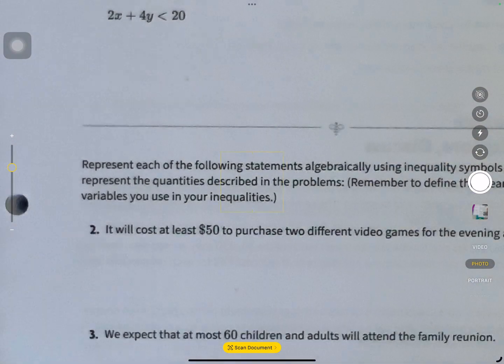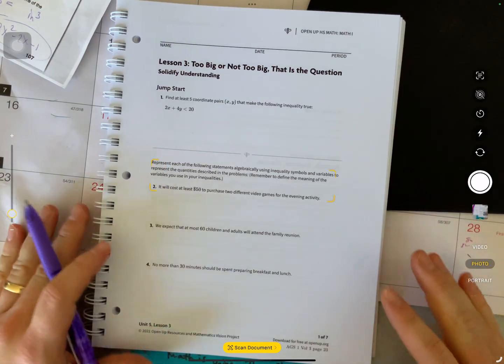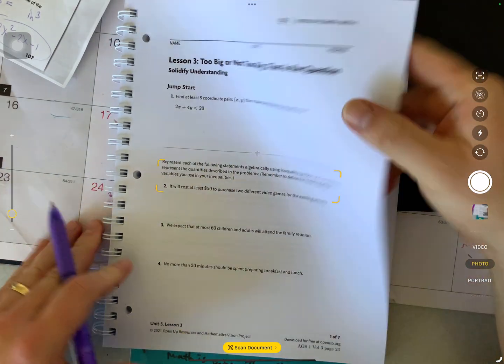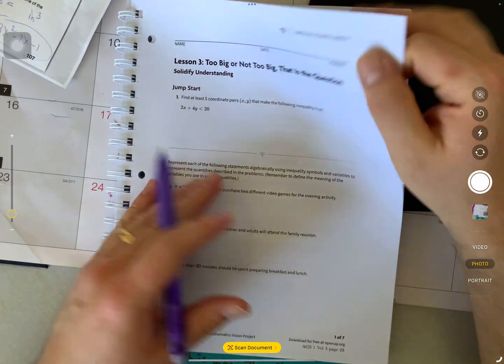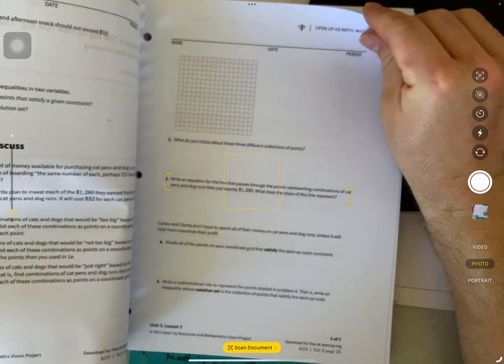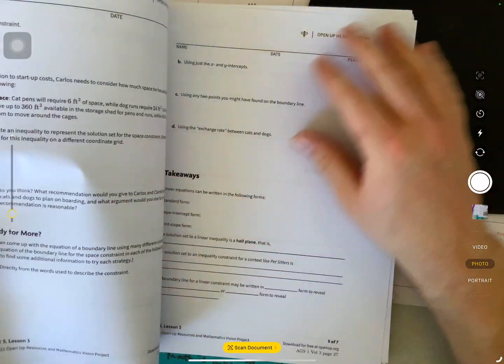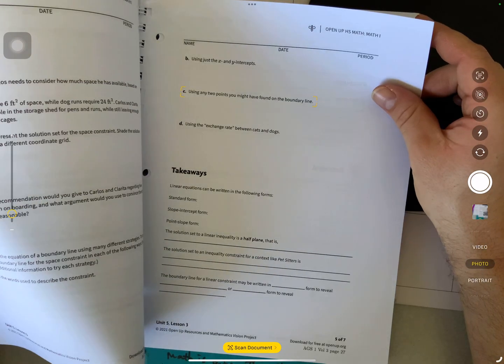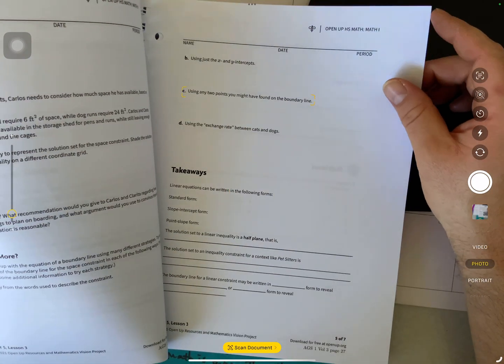Hey everyone, we're going to get right into it here. This is lesson 3 on page 23, and we're going to jump right into the meat and potatoes, okay? No appetizers, no music, unless you need me to drop a beat like